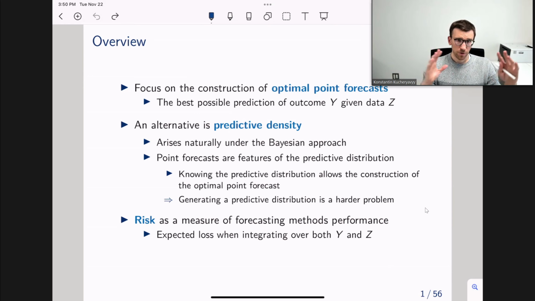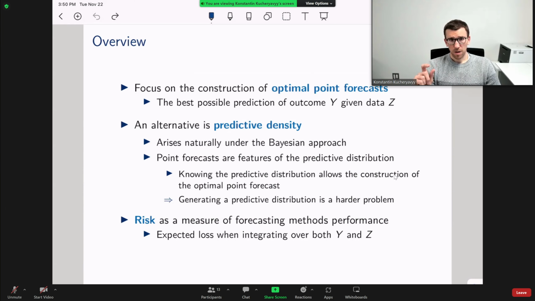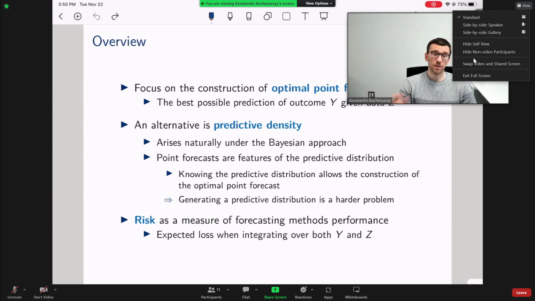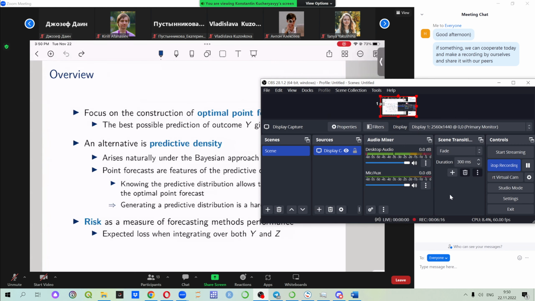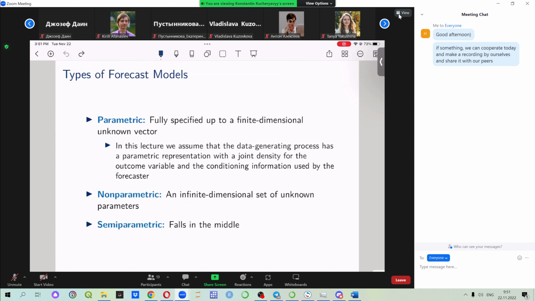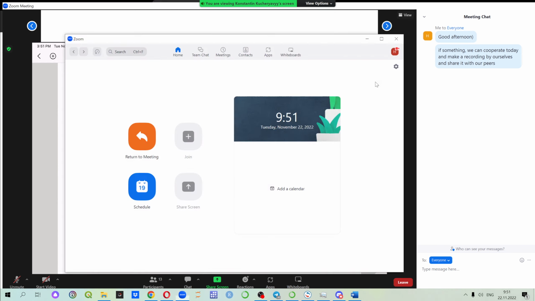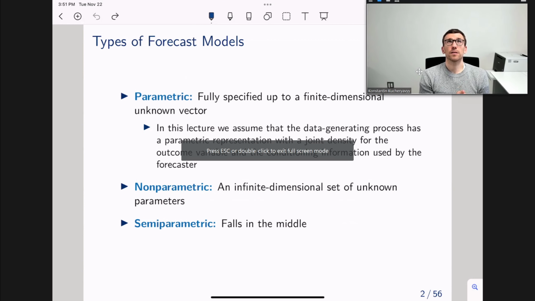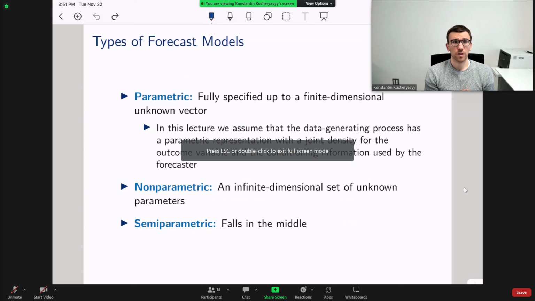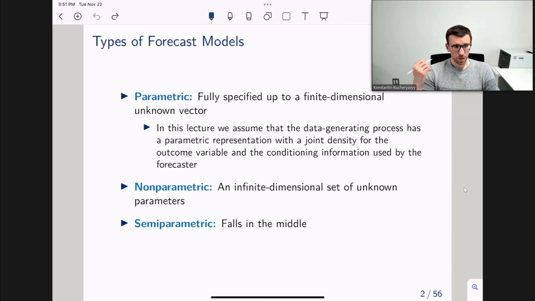So in the previous lecture 2 weeks ago, we considered a loss function, which was the fundamental building block for the risk. Now, as I said, for the motivation, we will be focusing on a parametric forecasting problem, and the distinct feature of a parametric forecasting problem is that it's fully specified up to a finite dimensional unknown vector,